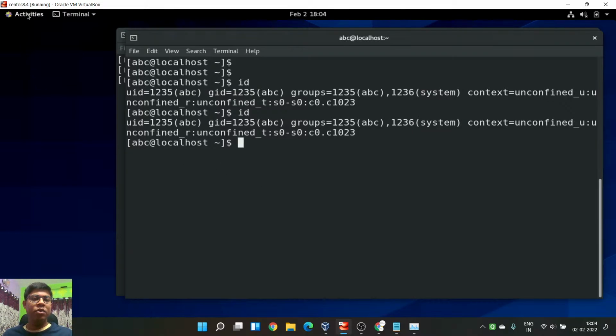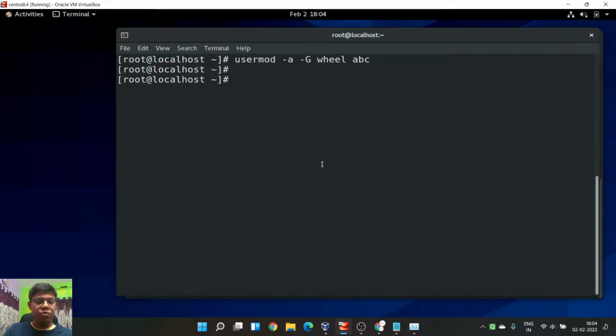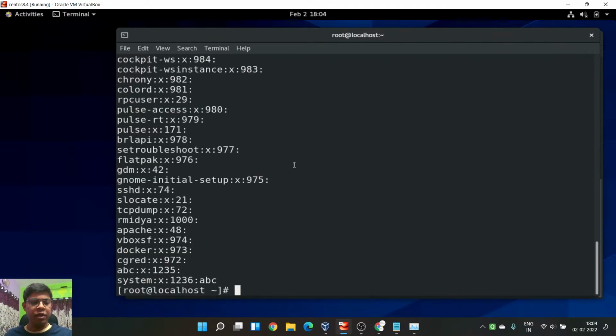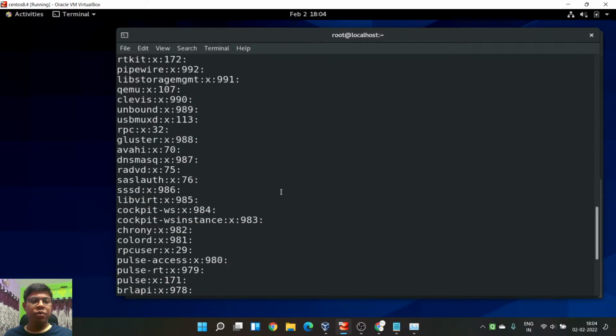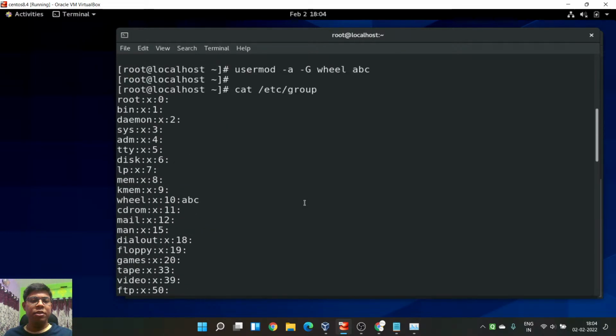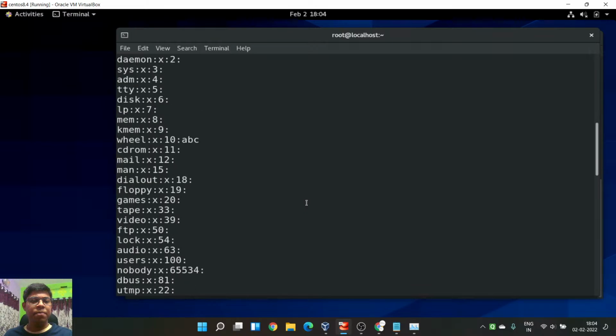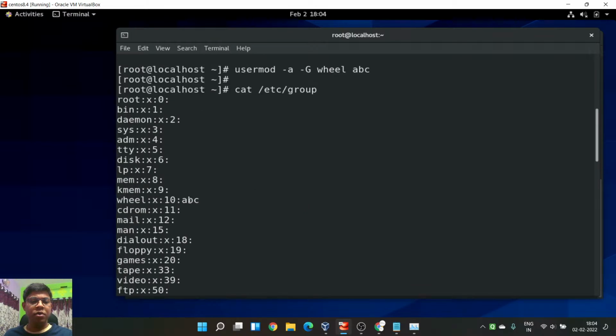Okay, so I can do one thing quickly, that is I can do cat on /etc/group, and I can check wheel. So let me check wheel actually. Here we have the wheel. Well, yeah, we will have the abc user. I can see here, so wheel group has the abc user. So I believe it is done.